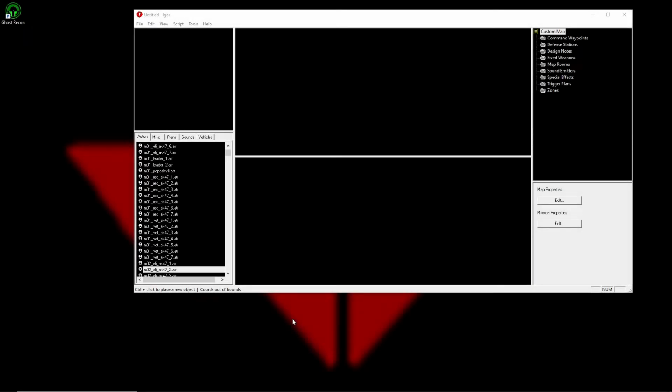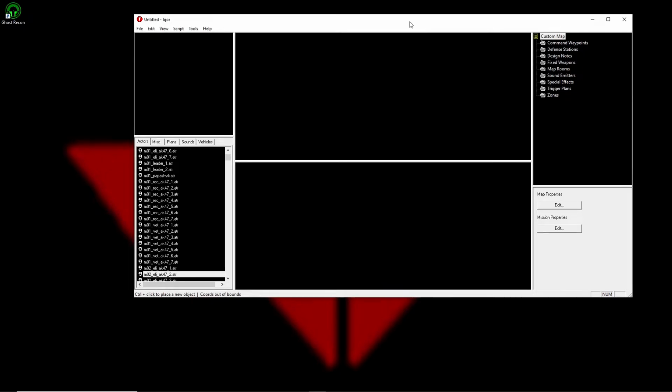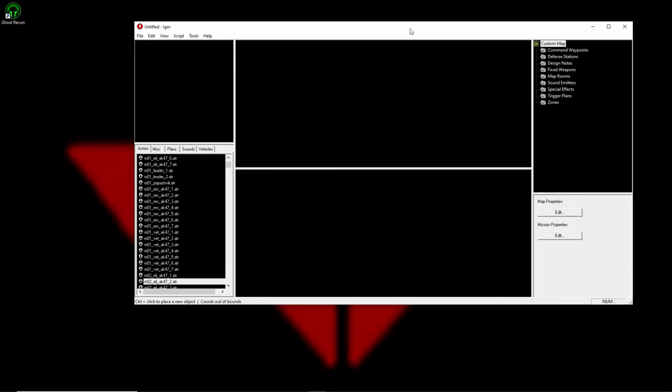Hello everybody, and today I'm back in the Igor Editor, and I got another question from Carlos Noriega. He was basically asking how to create a kit for a specialist, because they can only use like one gun in the game for quick missions and the campaign,